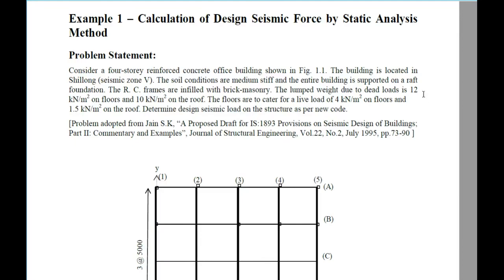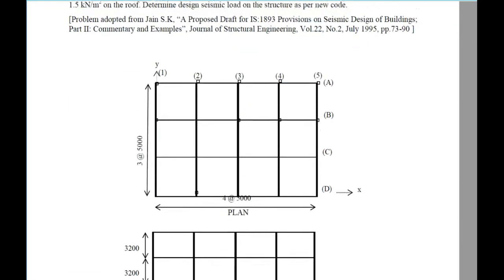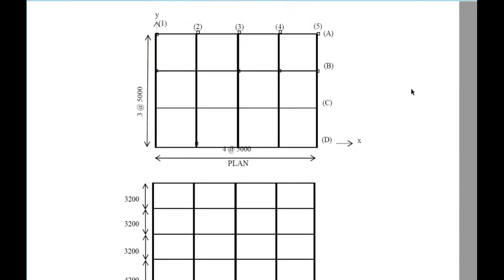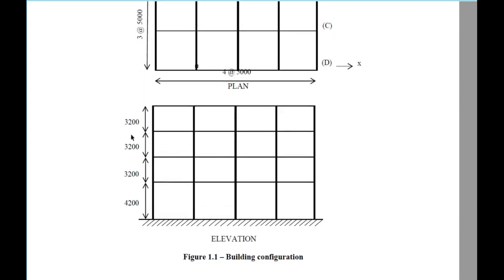So the plan and elevation of the building are as shown in the figure, and I will attach this PDF in the description below. You can check the link there. And this is in the x-axis, it is 4 spans of 5000 mm, and in the y-axis each frame is spaced at 5000 mm. And this is the elevation view,